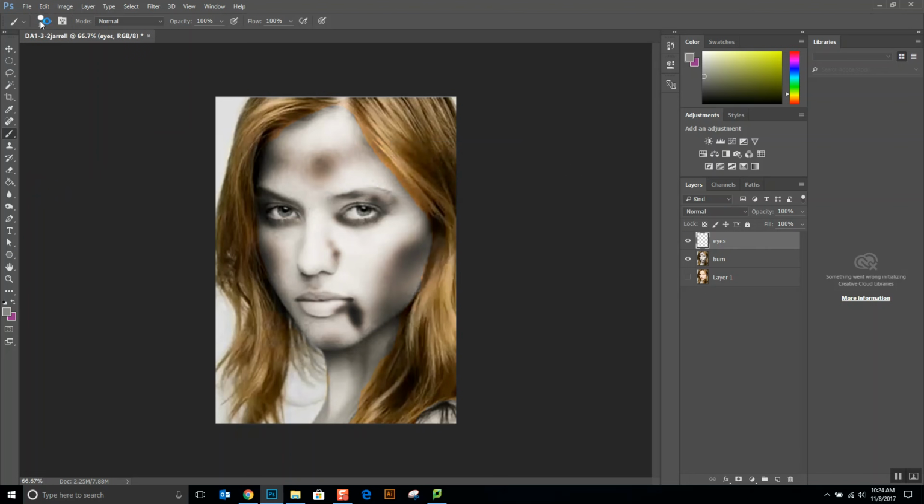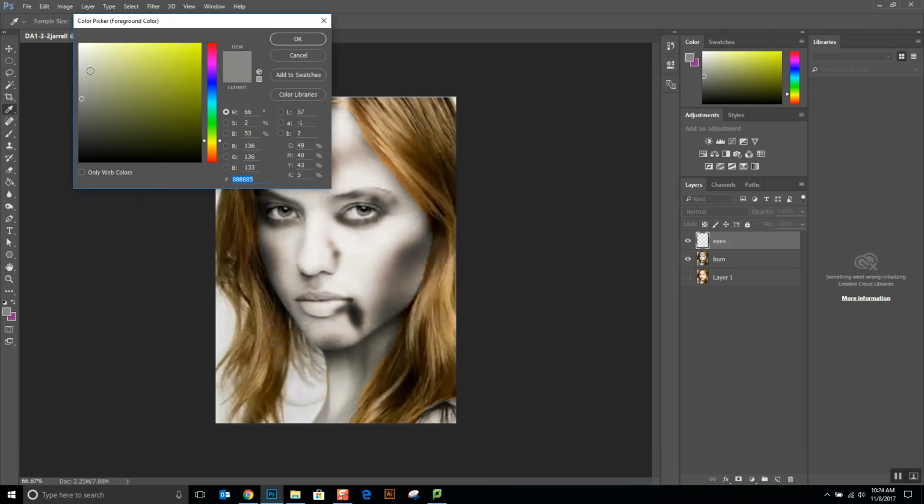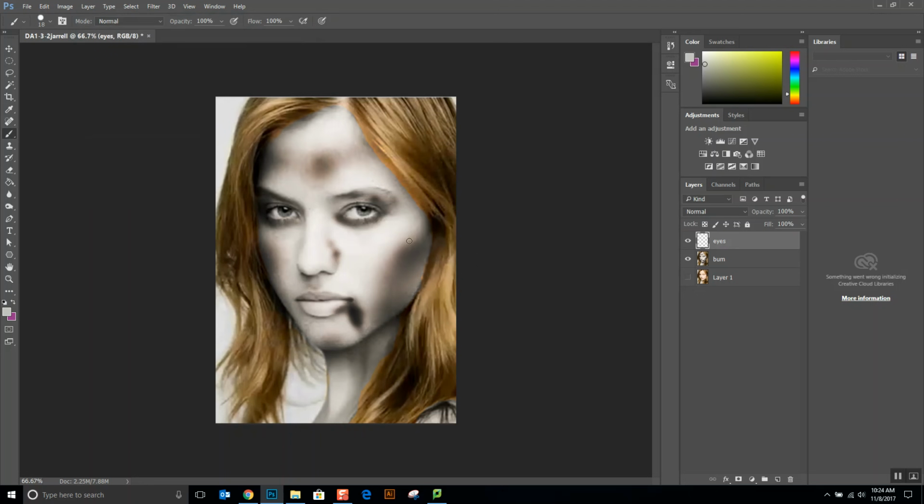Make sure your layer is selected. And we're going to pick a little bit lighter, more of a whiter gray. We're going to go here and we're going to cover just the eye. Just the whites and such of the eye, not the eyelashes or the eyeball. I mean, this is more the eyeball. Okay, and once you have that, then you're going to go up here to your opacity and you're going to